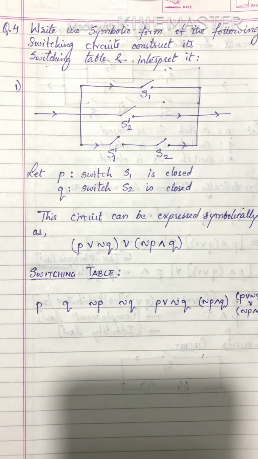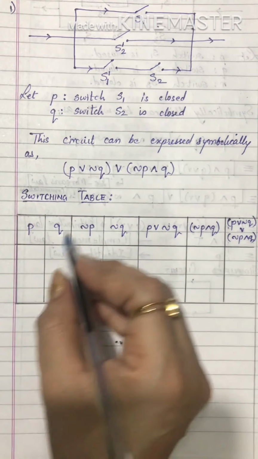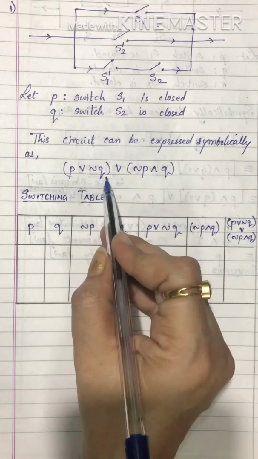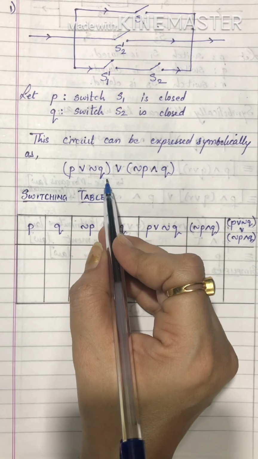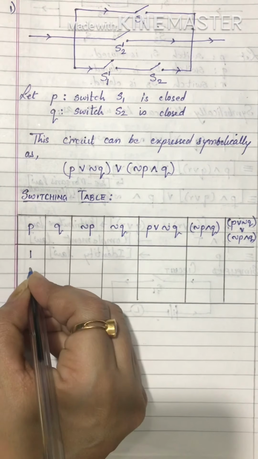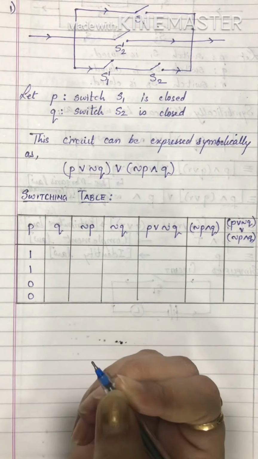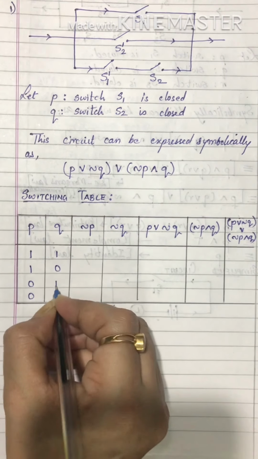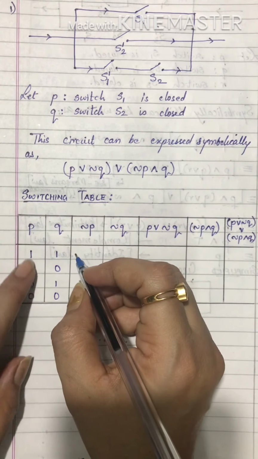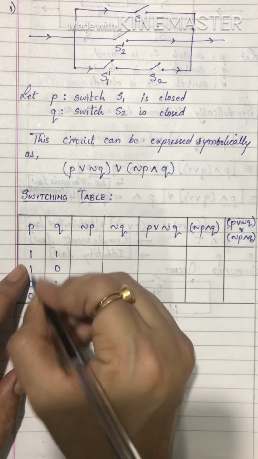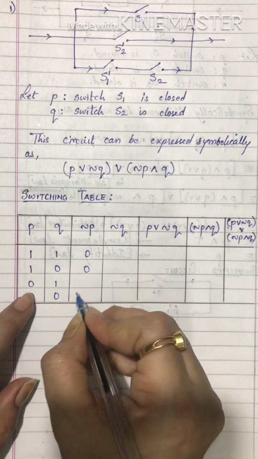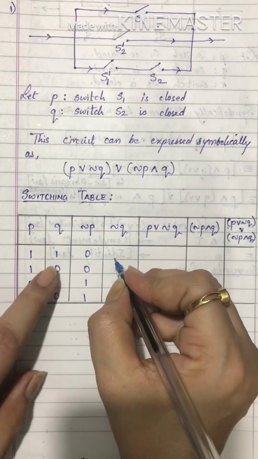Here I have taken the table. Now let's start with the sum. 2 raised to n, we have only two statements, so 2 raised to 2, that is 4 rows will be needed. Divide that into 2 and write twice 1, twice 0. Then 1 0 1 0. Then negation P. Be very careful while writing which column you have to refer. Negation P, so this column, 1 will become 0 for negation and 0 will become 1. Then negation Q.